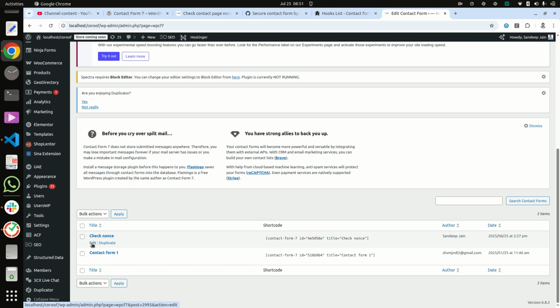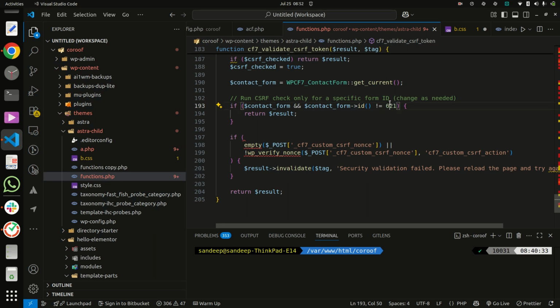It is 2995. So we have to update 2995 here. And yes, I added here that if it is empty or not verified, then the result is invalid with the message security validation failed.